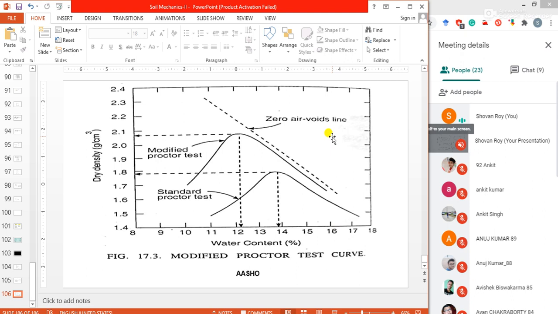In the light compaction test or standard Proctor test, the weight of the hammer is 2.5 to 2.7 kg, or sometimes 2.6 kg. But in the modified Proctor test, we normally use a rammer of weight 4.5 kg. Okay, I will send the PDF, no problem, you will get the PDF. The compactive energy given to the soil in this test is